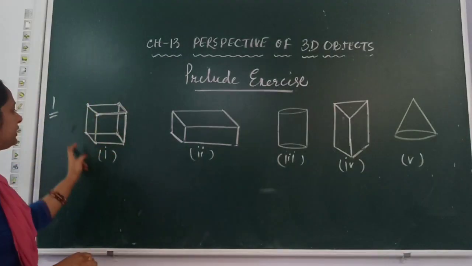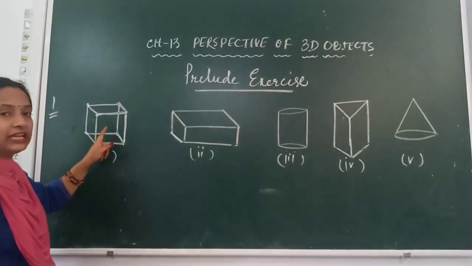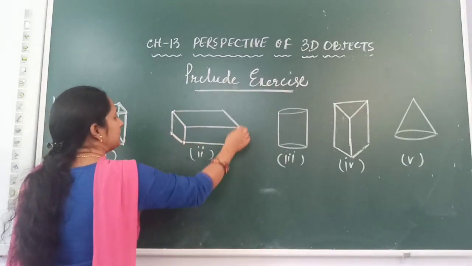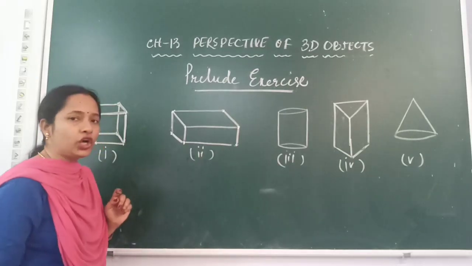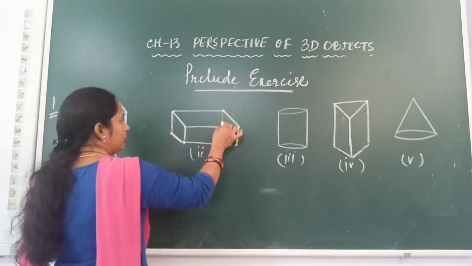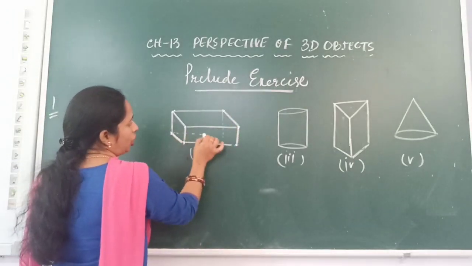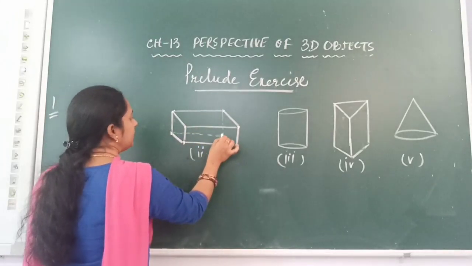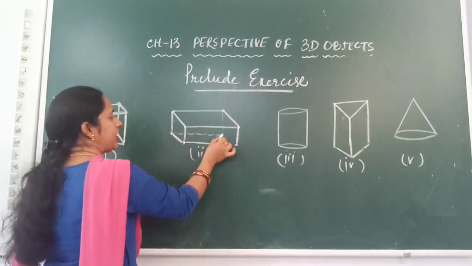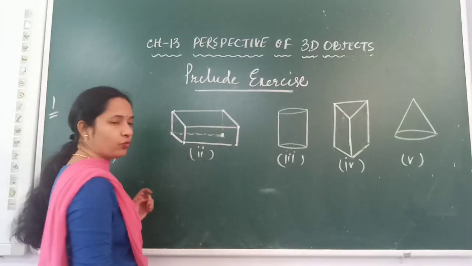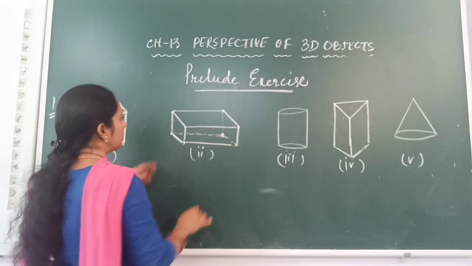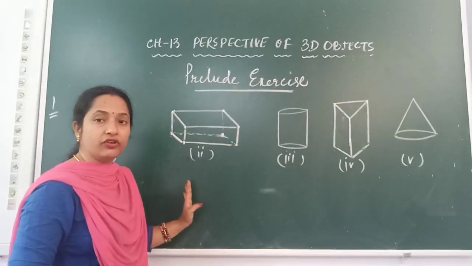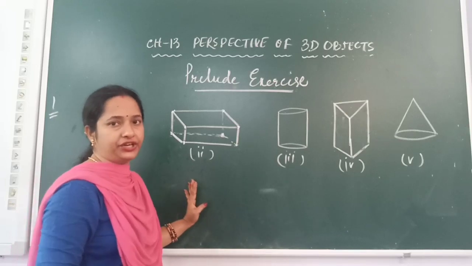Now, this particular 3D shape has how many corners? 8 corners. Whereas this particular 3D shape is also having 8 corners, where one more corner is invisible. It is hidden behind the figure. So, if I draw the dotted line, I can find there is a vertex over here. So total 1, 2, 3, 4, 5, 6, 7, 8 vertices or corners of this 3D shape.